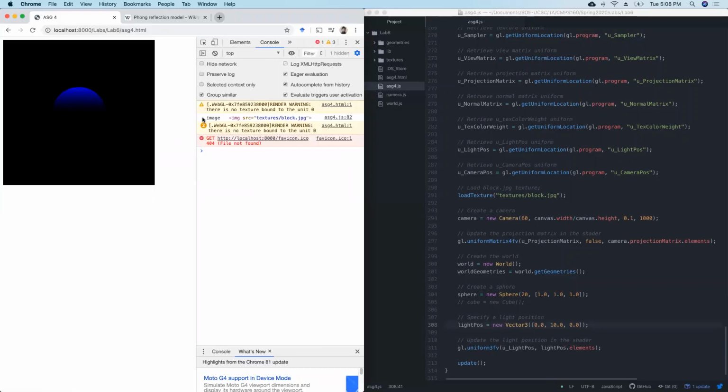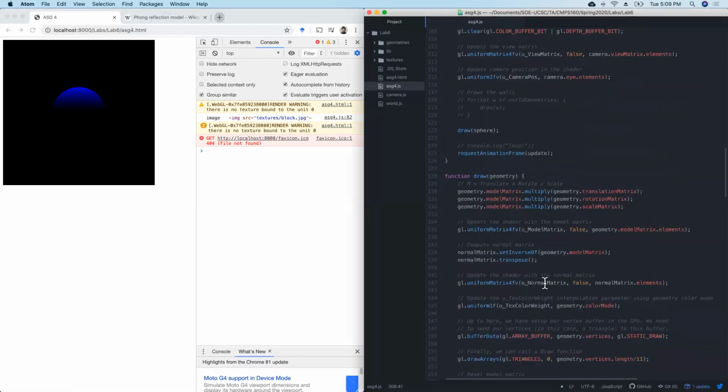Yeah, this looks correct now. See, my light is up here, so the bottom is completely dark. This bottom here is completely dark because my light is here. If you look at the formula, we see the diffuse light as blue, because if you go to our shader,